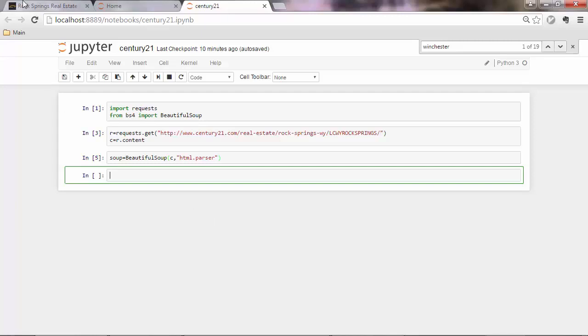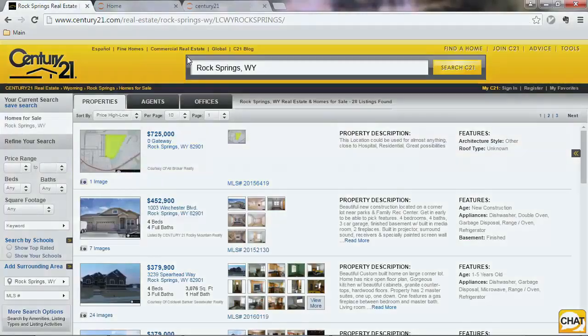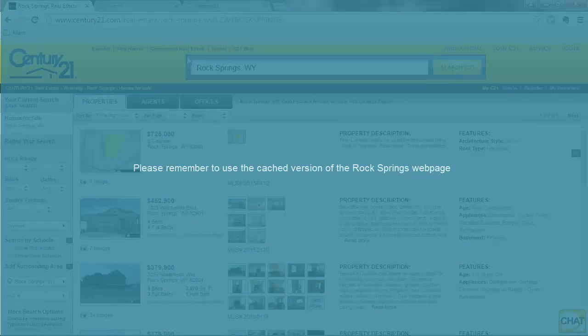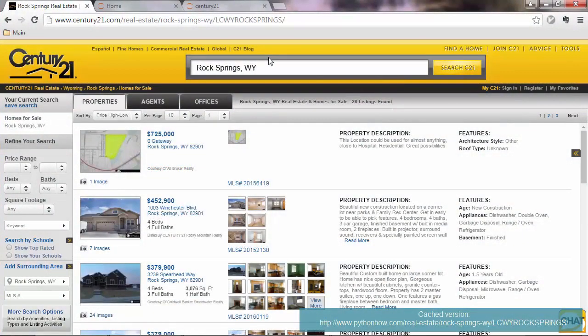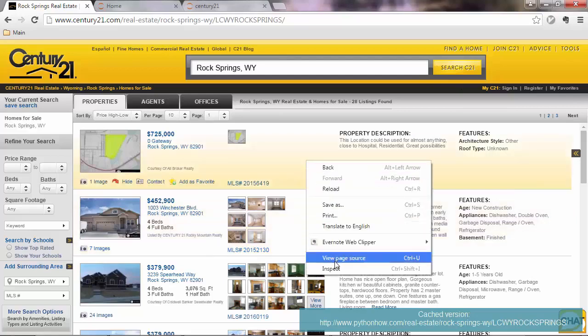Great, so let's go to our page. So we have searched for Rock Springs there, and what we want to do now is to understand the structure of the web page. So we use the inspect tool there,